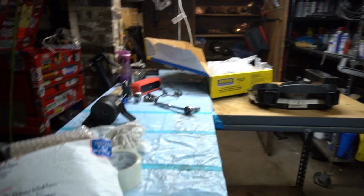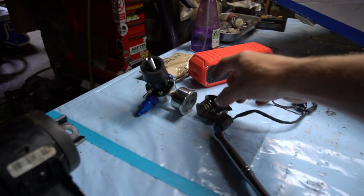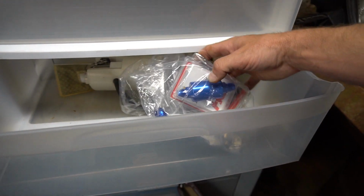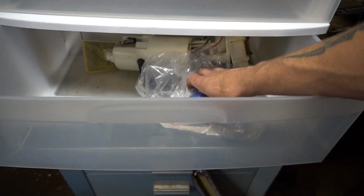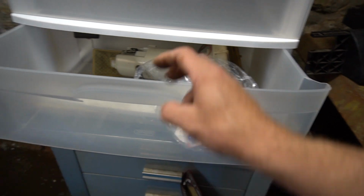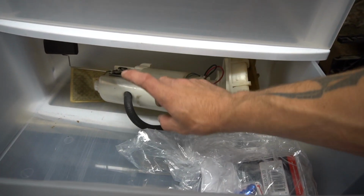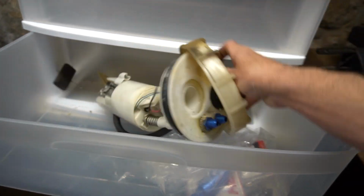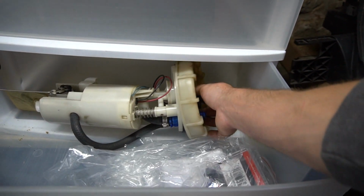So if there's any parts you guys are interested in, just let me know. I'm gonna go ahead and finish cleaning up my workshop so I can bring you guys some more videos. I plan on bringing you a video on how to rebuild your fuel pressure regulator from Aeromotive. Like I said earlier, some braided line, nylon line fittings that I purchased from Indie Auto Parts, and I'm also going to be ordering another canister so I can show you guys how to go ahead and build your own upgraded